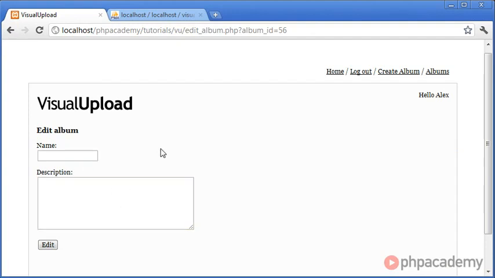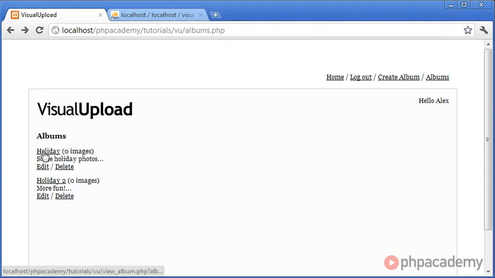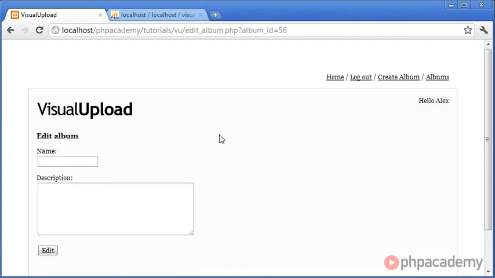Now there's not really much difference between this file and createAlbum.php. What we need to do is populate these two fields with the values that correspond to the album ID of 56. Remember, when we click on edit on a particular album, it gives us an ID at the top. Now with this ID, we want to retrieve this number here on our PHP page, and we want to populate the name and the description into here, and then when we edit, we want to actually update this in the